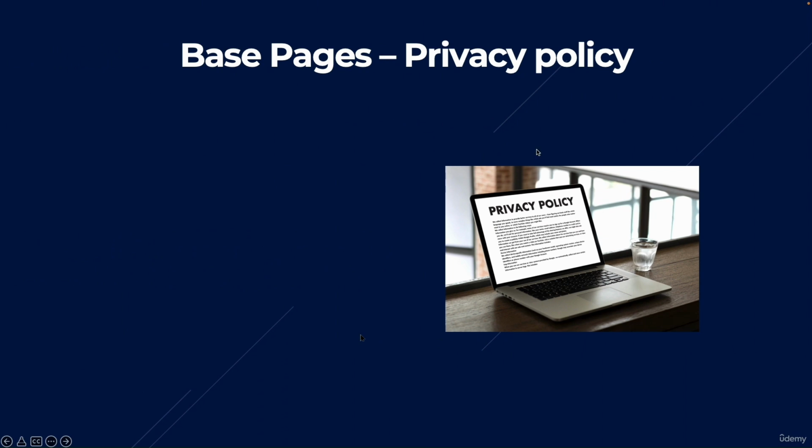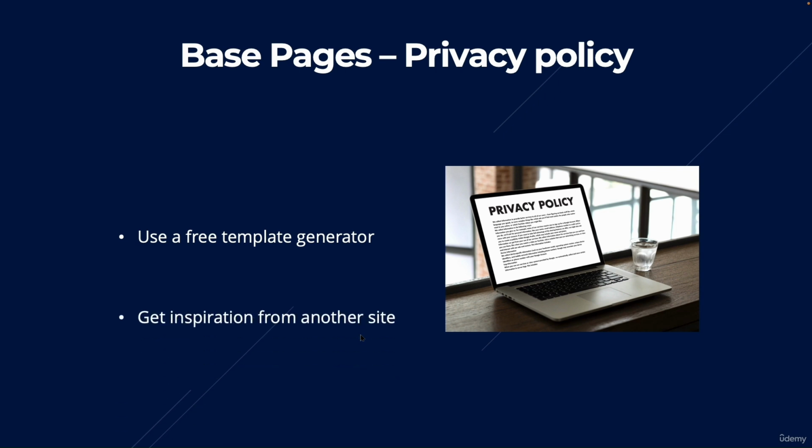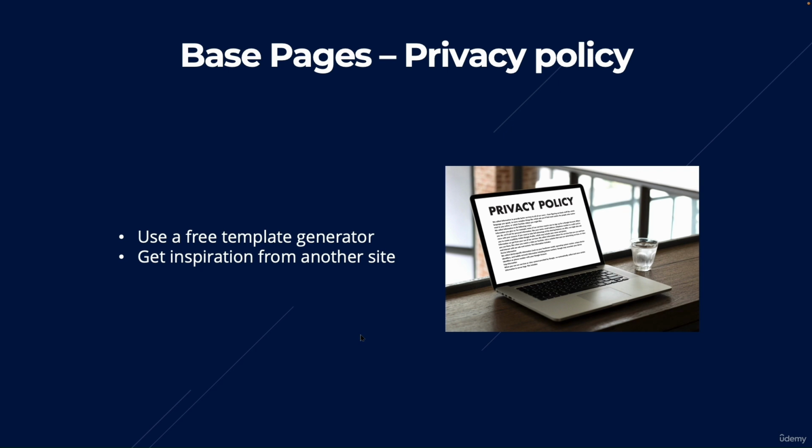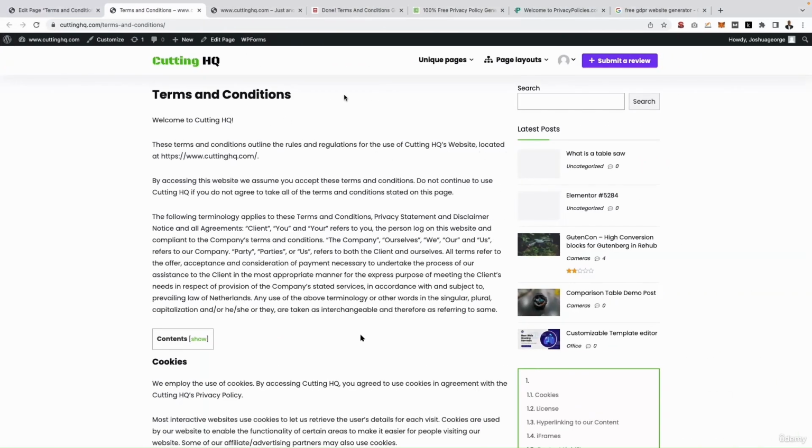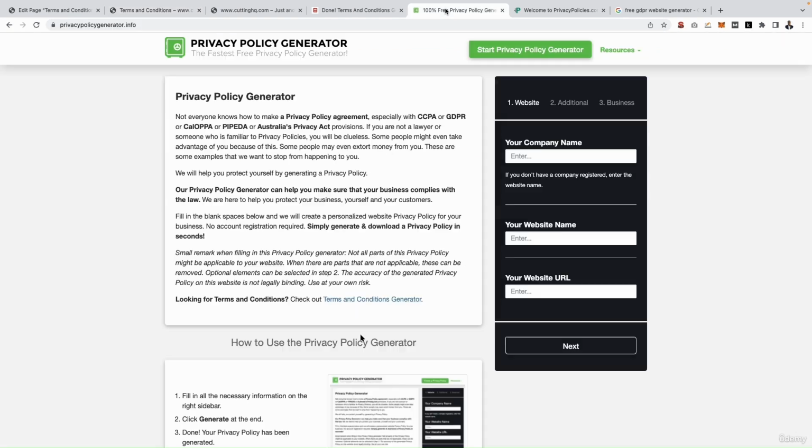Moving on to the next page, which is your privacy policy. This is pretty much exactly the same as your terms and conditions. You can use a free template generator again, or you can get inspiration from another affiliate website. Or lastly, you can pay for a professional one as well. So exactly the same advice applies here. And once again, let me show you what I use for my privacy policy generator, which is this website right here,